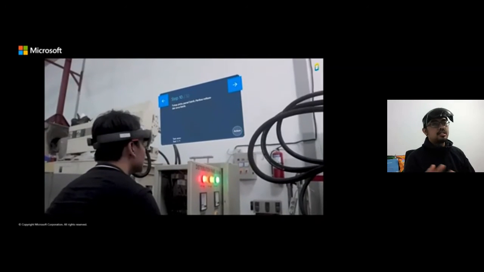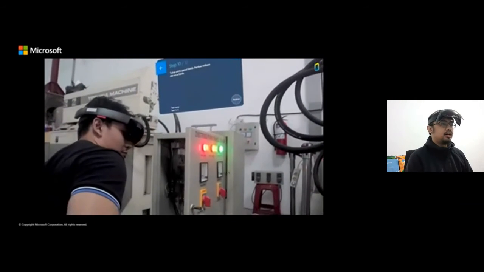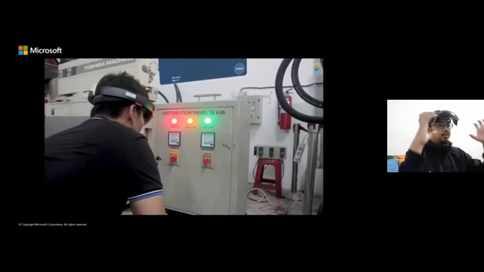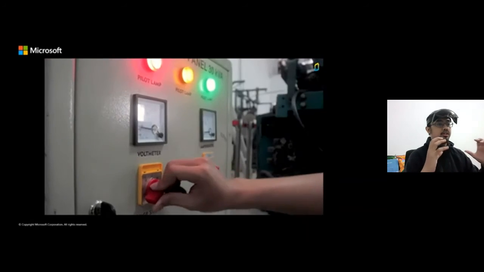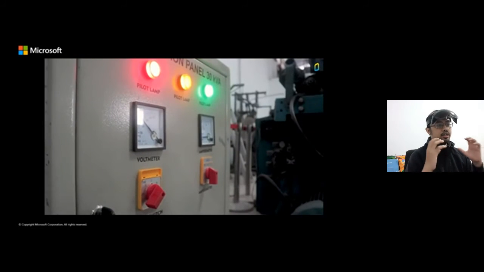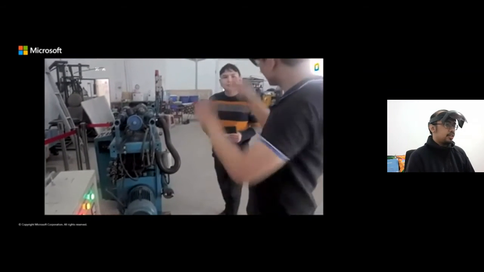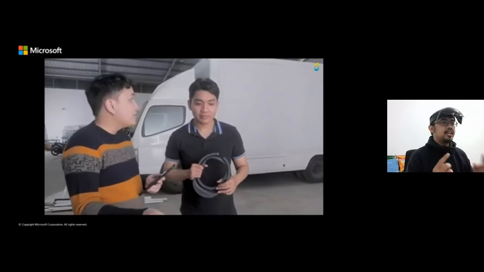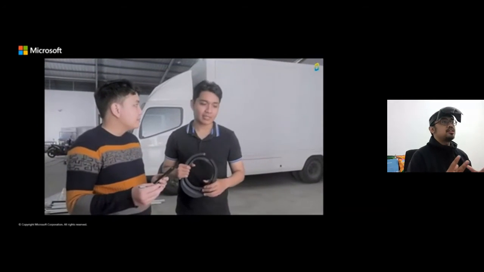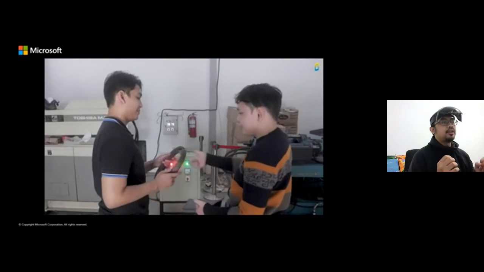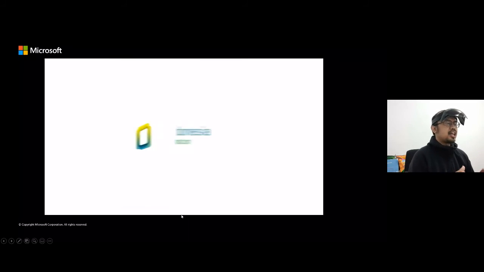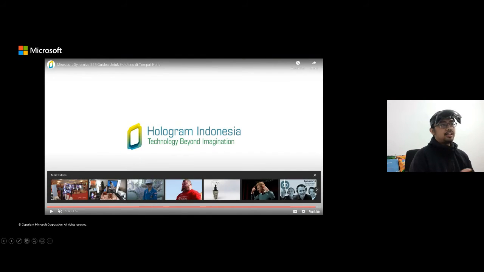So they will not learn it from a PPT or from other classes, using a PDF or another thick manual book that the users need to read or learn. But you can directly give the user the experience at the first. They can have the real experience through the holographic view of what I can do with this device. What should I do with this device? So this is an effective and efficient solution for many industries around the world.